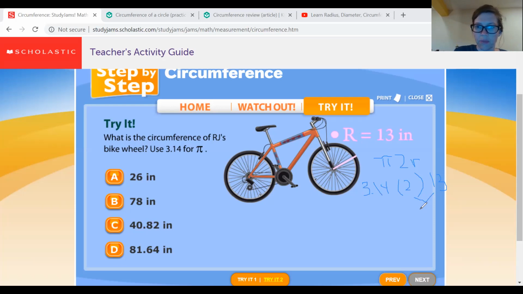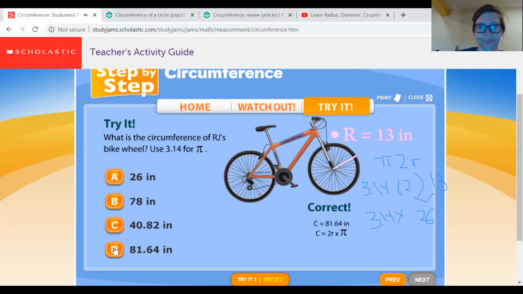So 2 times 13 should give you 26, right? And then if you multiply that times 3.14, go ahead and try that. All right, and see what you get. I got 81.64